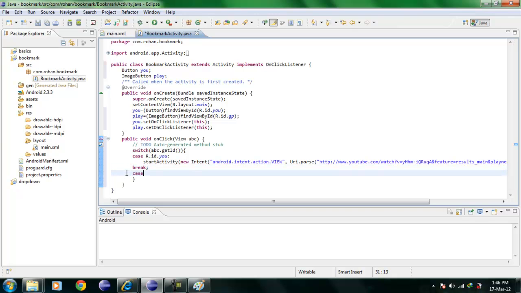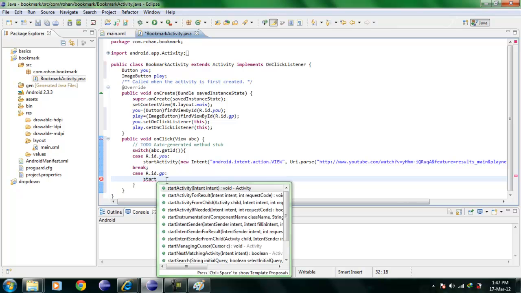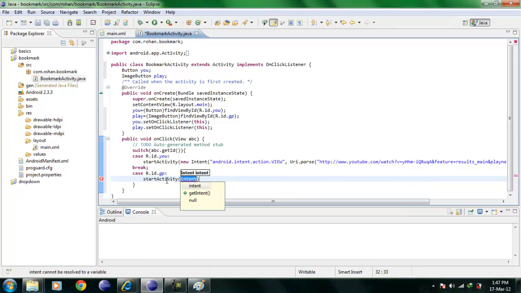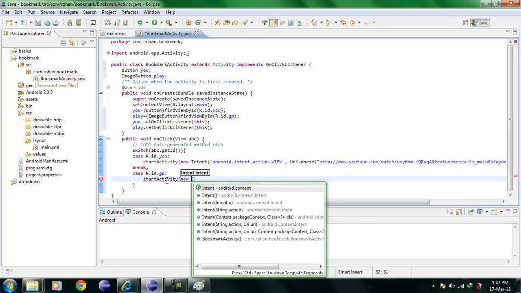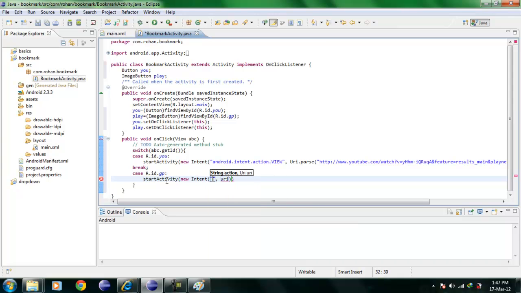Now our second case is r.id.gp. In this we need to start a different activity. Though it is an internet browser, but it will be opening a new website. So I will again have to write all this. A new intent of type string action and URI. The action will be the same. Android.intent.action.VIEW, and our string